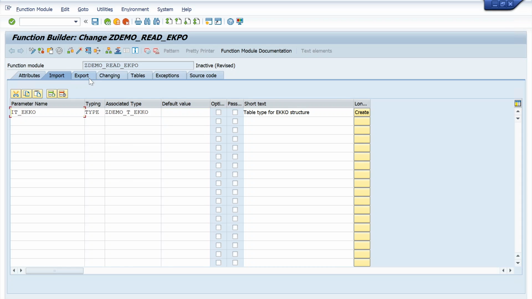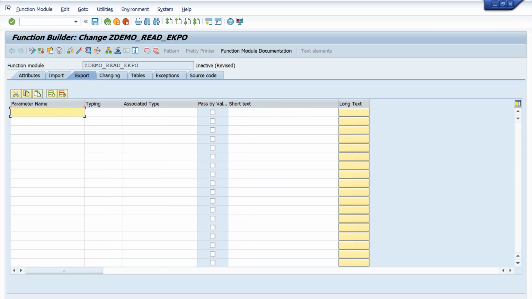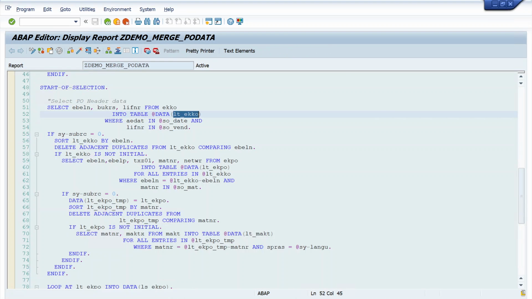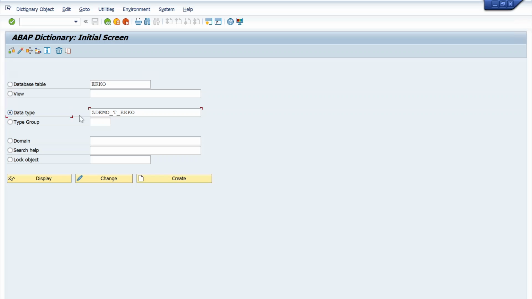Now, what is the output for EKPO? Records from the EKPO table. We have to create the structure. Yes, we need to create a structure with required fields because you are not returning all the fields of the EKPO table, right? If you are returning all the fields, you don't need to create a separate structure. So let's create a structure with the required fields. EBELN, EBELP, MATNR, S_EKPO,